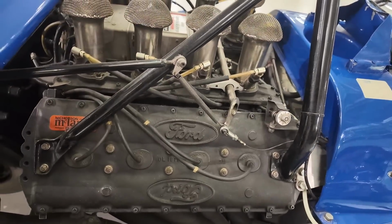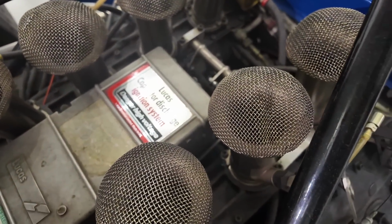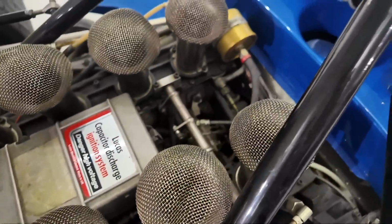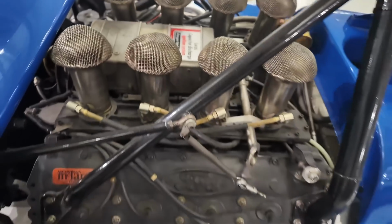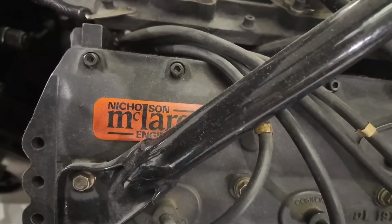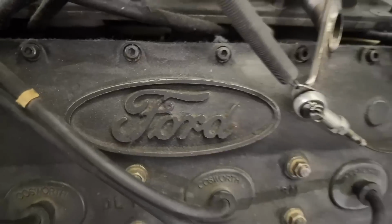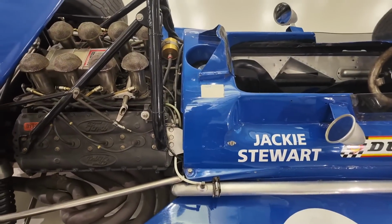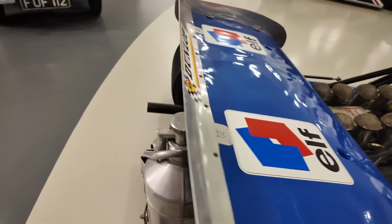Of course, it's a V8. Capacitor discharge ignition system. I guess they didn't need air cleaners. Just let it rip. Keep the chunks of rubber out of the intake is about all that would do. Nicholson McLaren engine. But it is a Ford. That is a Hemi. Now, Dodge isn't the only one to make hemispherical heads, but